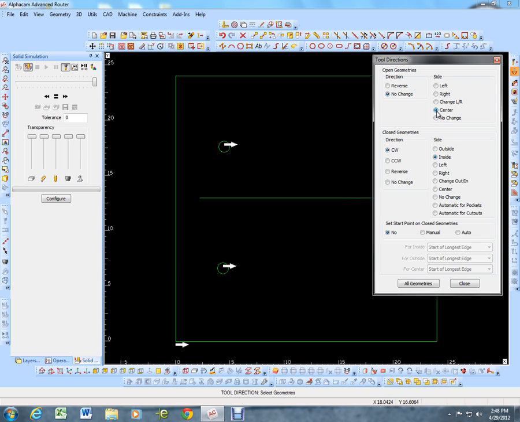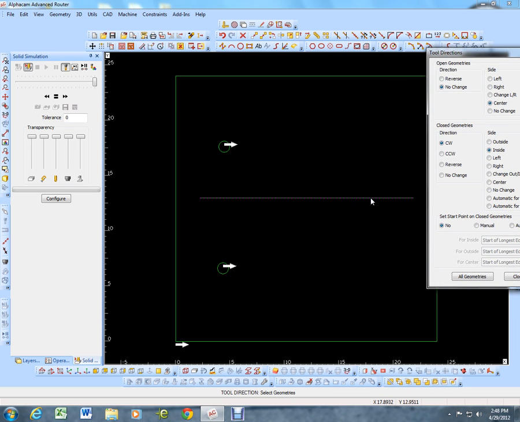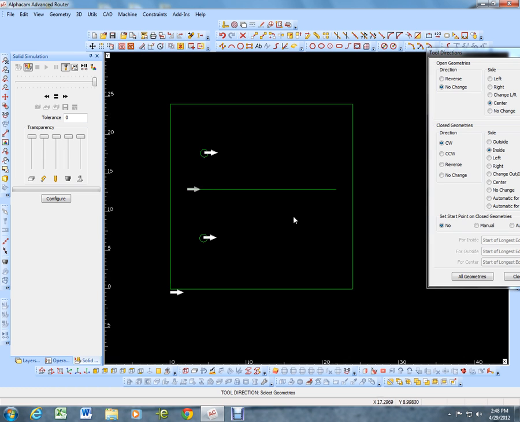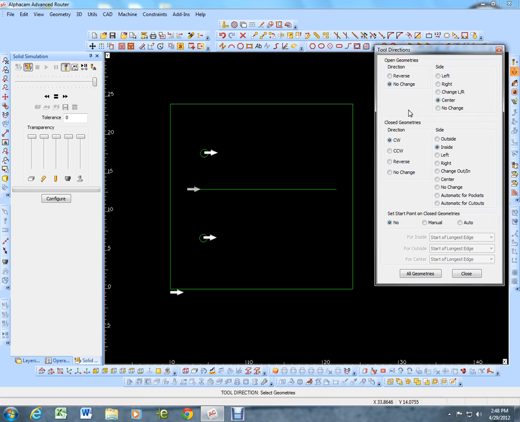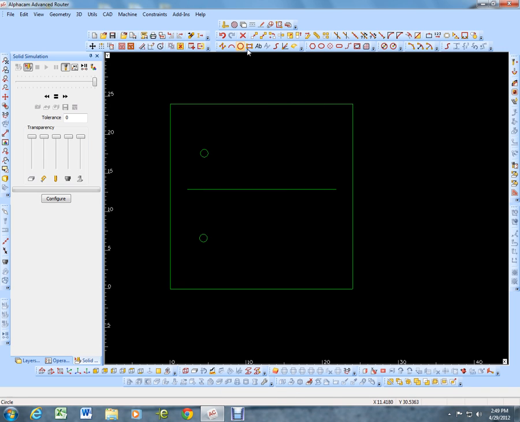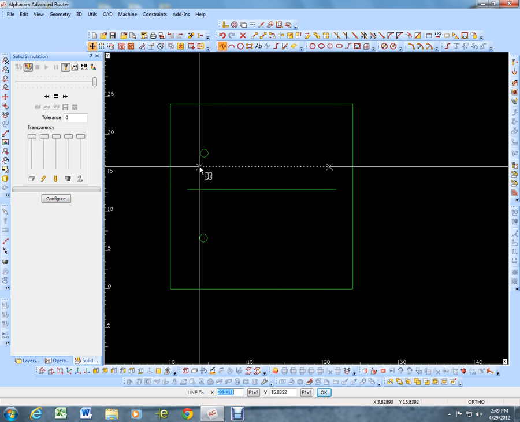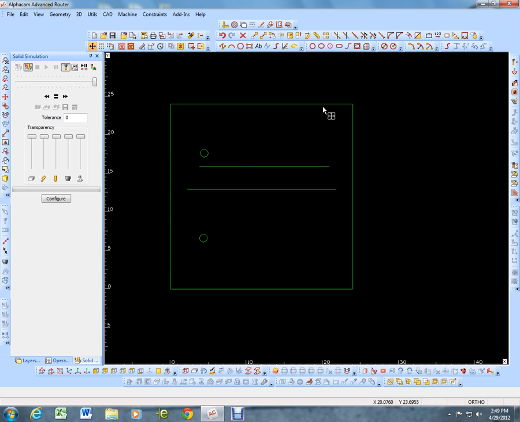And so we want to go to the center of that line. You see the arrow is right on the center of the line there. I can also tell it to go on the right side of that line. If I click it, it puts it over here, and the reason that it sees this as being the right side of the line is because I drew that line from here over to there. If I draw a line from here, F3 straight across, or any direction,